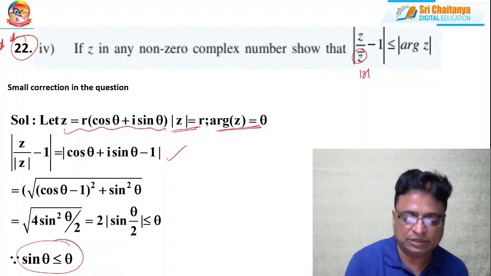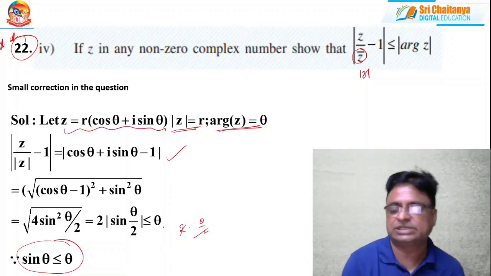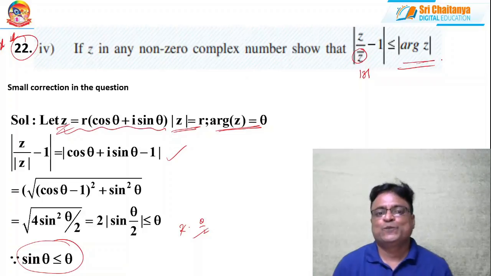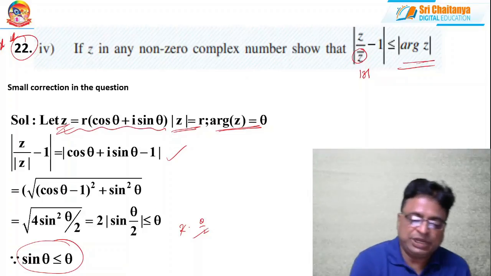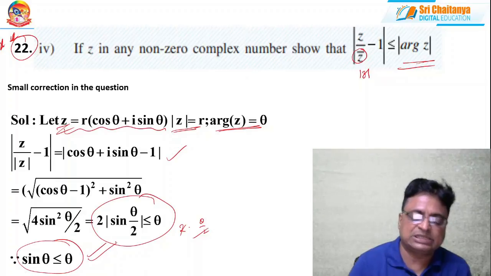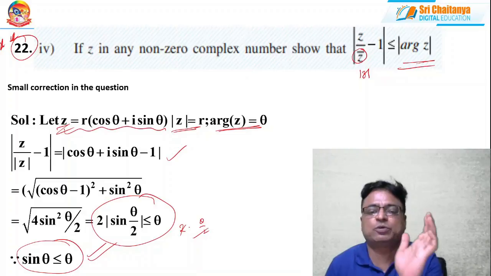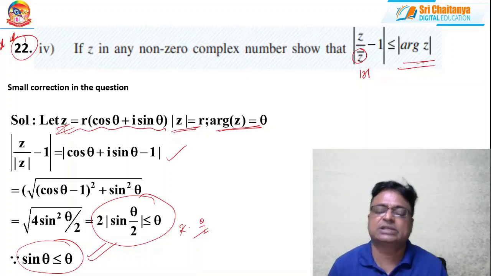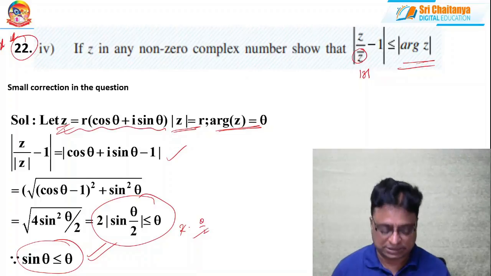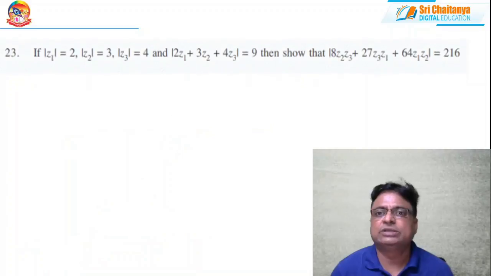This is important. So 2 into theta by 2, the 2 cancels, and it is theta. What is theta? Theta is the argument of z. That's why. So here, this is the beautiful funda that I have applied. Sine theta is less than or equal to theta for smallest positive angles. That means if it is in the first quadrant, sine theta is always less than theta. That is the concept. You apply that, you will get the answer. Now, my friends, now coming to 23rd problem.